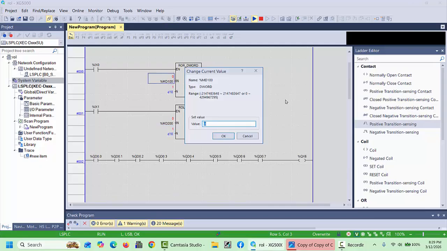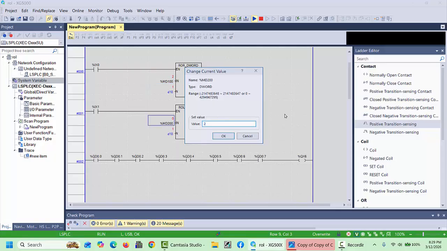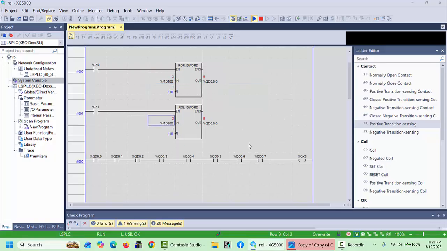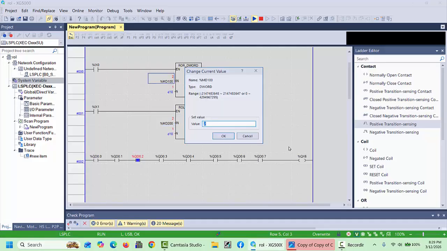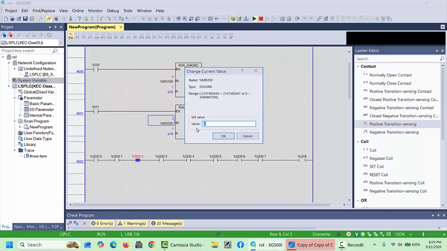Here I will write the value 2, and here also I will write 2. When we press IX0, you can see the first bit is on, and when we press IX1, you can see QD0.2 is on. And for example, here we will type 4, and here also type 4,